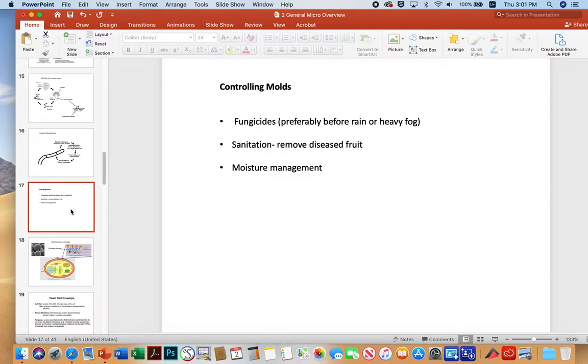Just a bit about controlling molds. Obviously, and I'll get into this more at a later time, fungicides are probably the preferred mechanism. And obviously, apply them before it rains, so you're not diluting them or causing any extra problems with distribution in the wrong places. And heavy fog, also, that heavy moisture, again, can dilute and distribute in places that you don't want. Sanitation is obviously important by quickly going through and pruning and removing diseased fruit, and then of course moisture management,